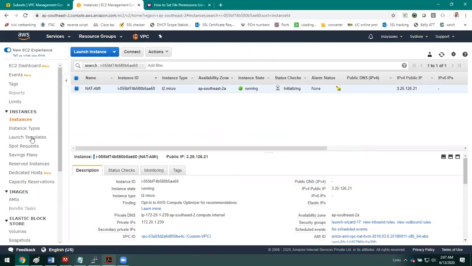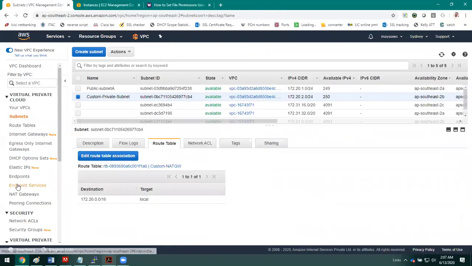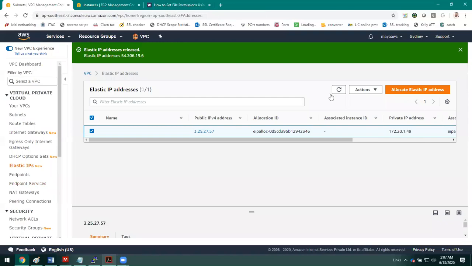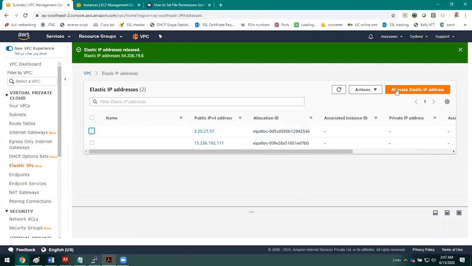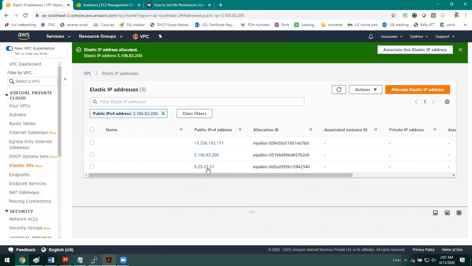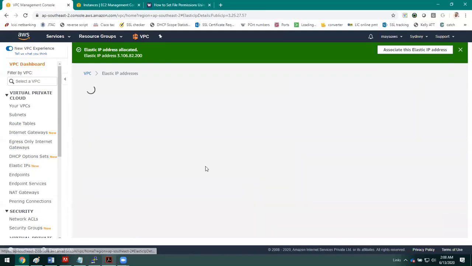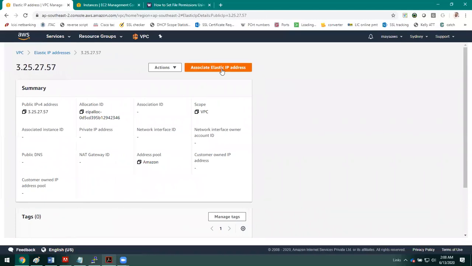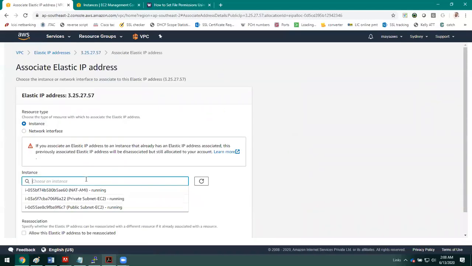Okay, now it is ready. So the next step, we need to create an elastic IP. Go to elastic IP and create a new one. Okay, so I have created an elastic IP. So I'm going to assign the elastic IP to the NAT AMI machine.